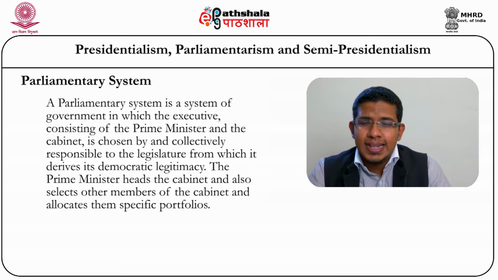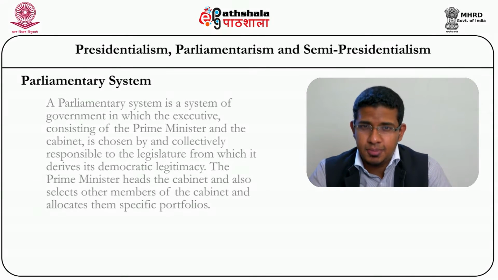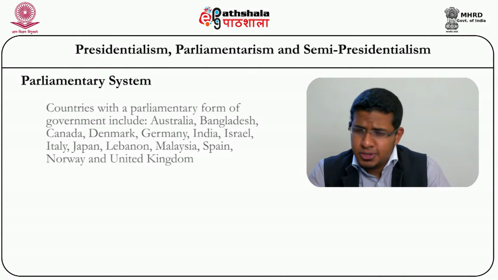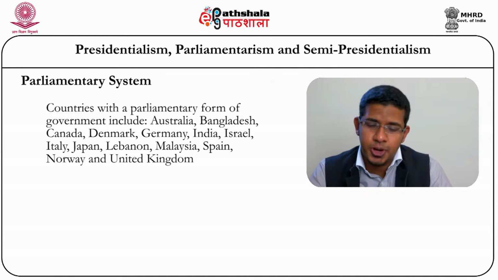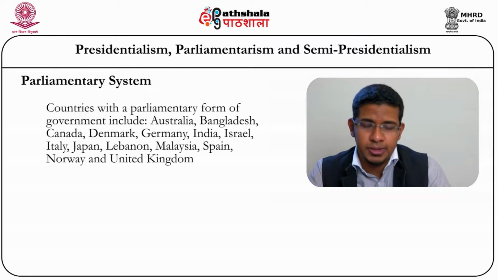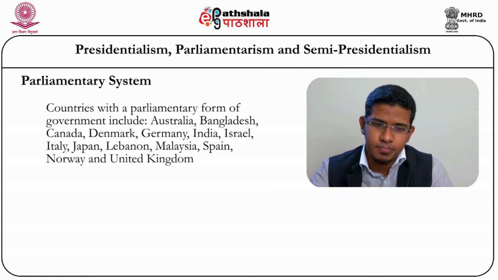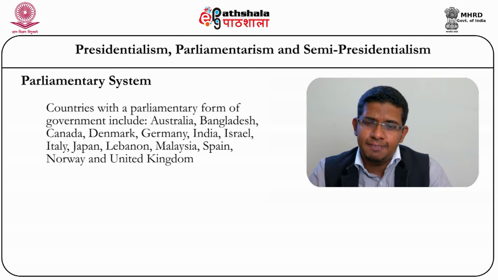And so it's a system where the executive, that is the prime minister and cabinet, is completely dependent on the legislature. That's the defining feature of the parliamentary system. Countries with the parliamentary system include Australia, Bangladesh, Canada, Denmark, Germany, India, Israel, Italy, Japan, Lebanon, Malaysia, Spain, Norway, and United Kingdom. So what are the other key factors that